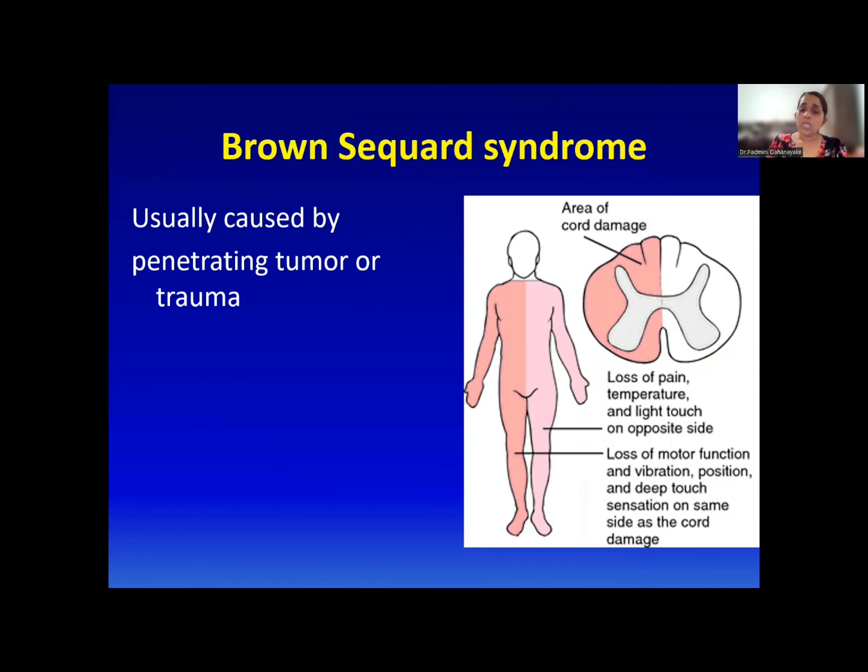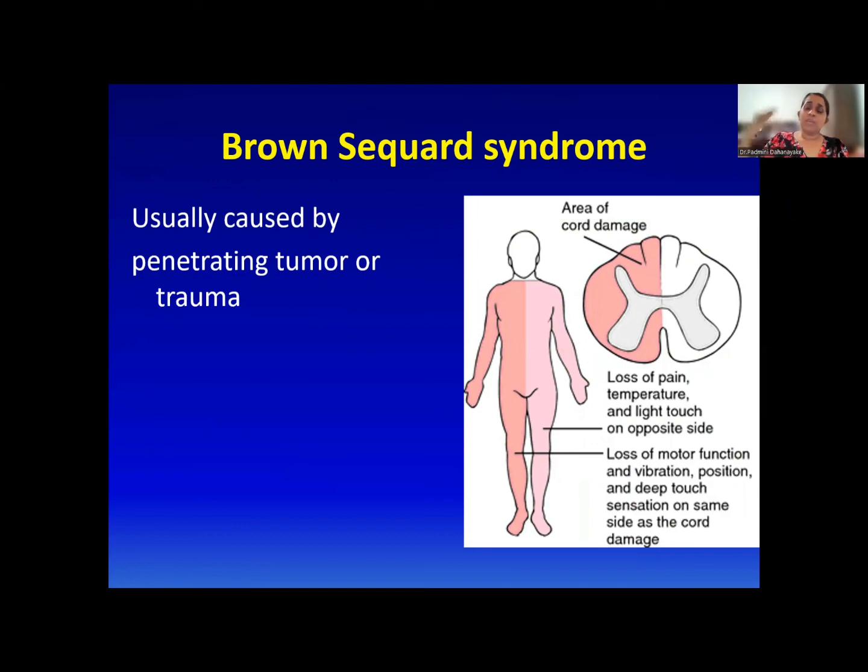syndrome. Okay, so loss of pain, temperature, and light touch of the opposite side will be there, while because it is crossing to the opposite side, but same side, the dorsal column pathway functions will be affected. Loss of motor function and vibration, precision, deep touch sensation of the same side of the cord will be gone,